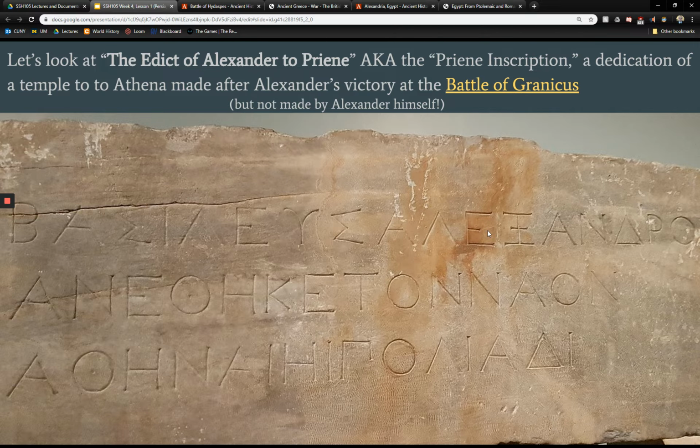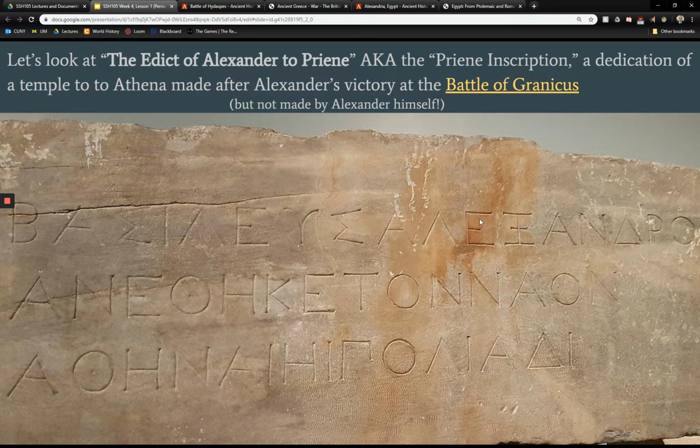Let's look really quickly at this edict known as the Priene inscription, or the Edict of Alexander to Priene. This is a dedication of a temple. What this inscription is saying is this temple is being dedicated to Athena, the goddess of war, which is done after the Battle of Granicus. However, while often misinterpreted as being something carved under Alexander's order himself, it was actually made after his death,